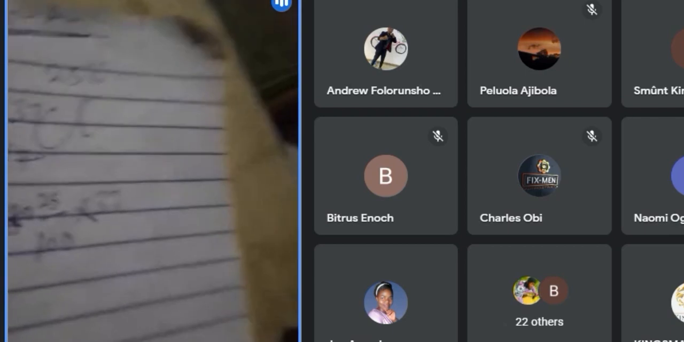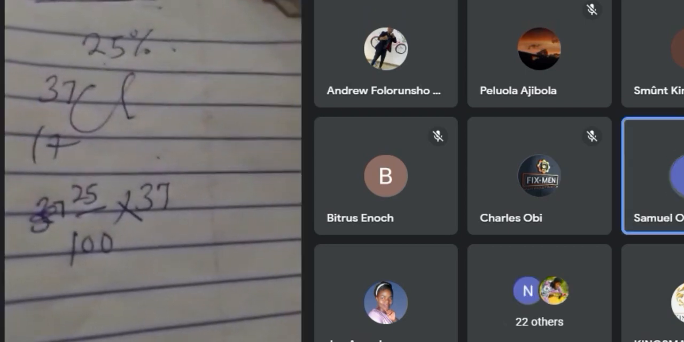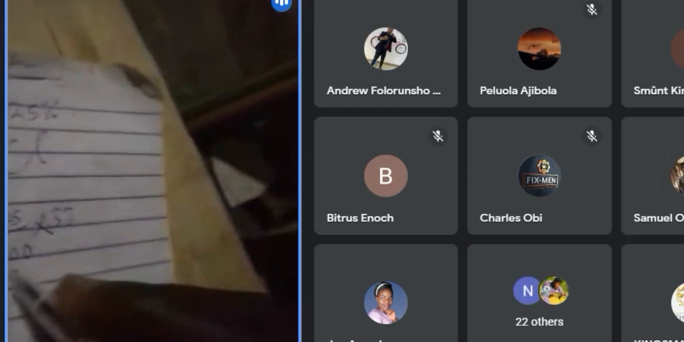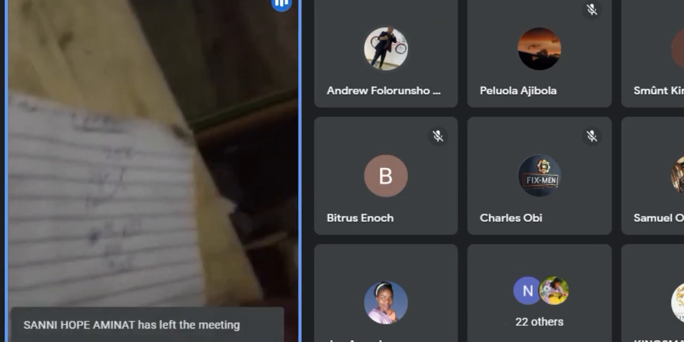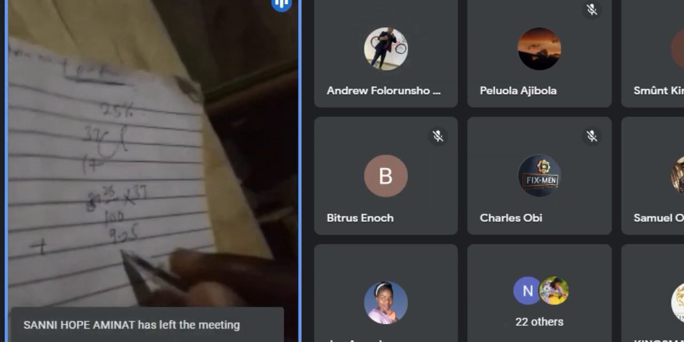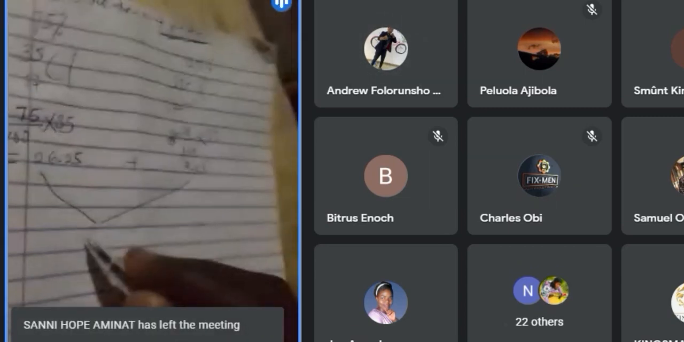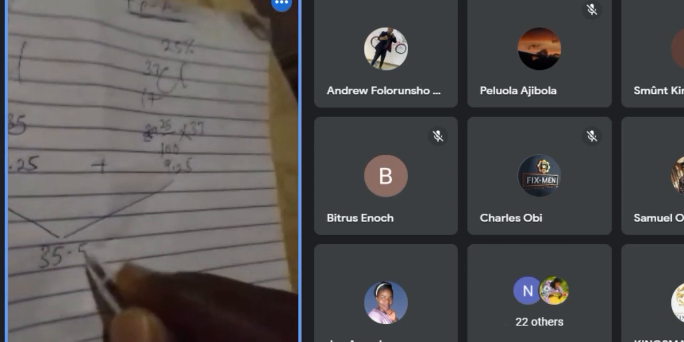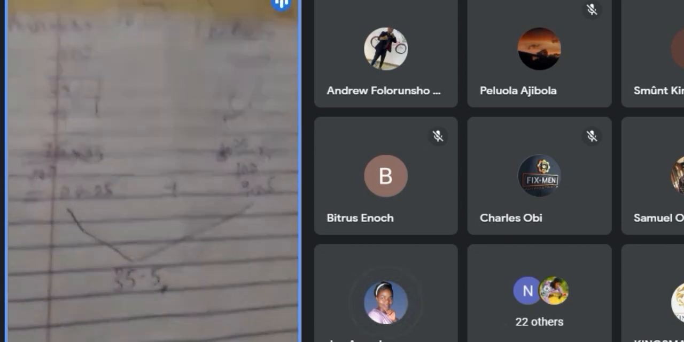It's still the same thing. That's 9.25. So now we are going to add the both of them together. By adding the both of them together, we are going to get 35.5. That's where they got the mass number of